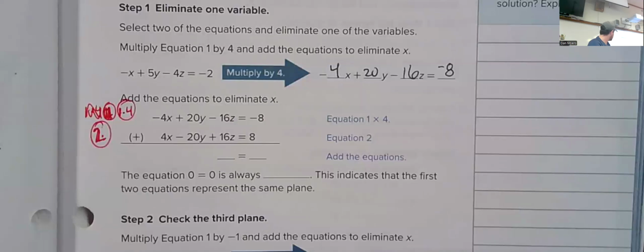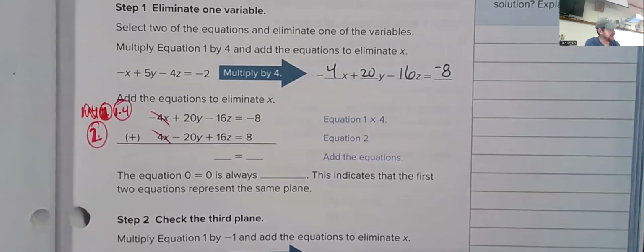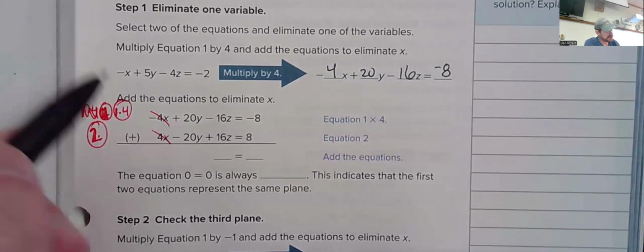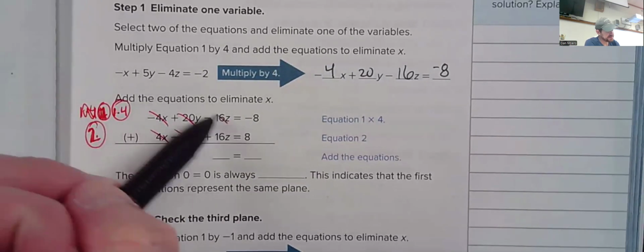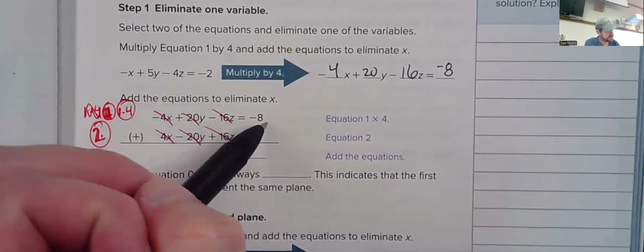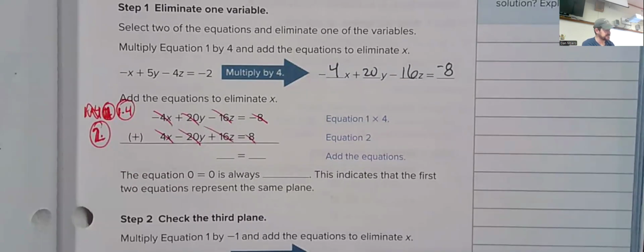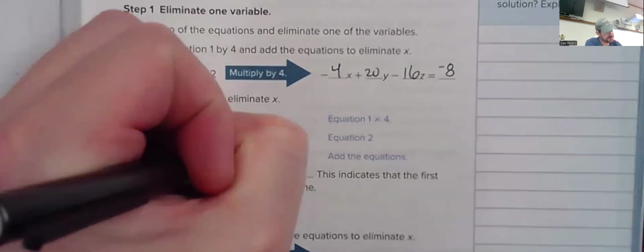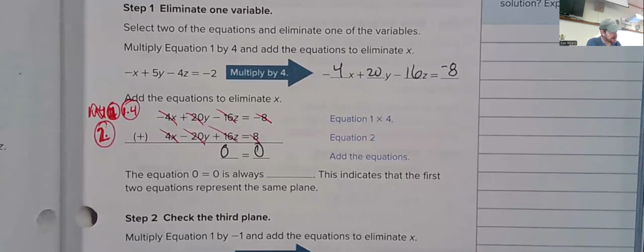And if you look at what happens here, everything cancels. The negative 4x added to the 4x cancels out. That was the one we were trying to eliminate. But also the negative 20y and the 20y add together and cancel out. The negative 16z and the 16z cancel out. And the negative 8 and the positive 8 also cancel out, leaving us with 0 on the left and 0 on the right. The equation 0 equals 0 is always true,